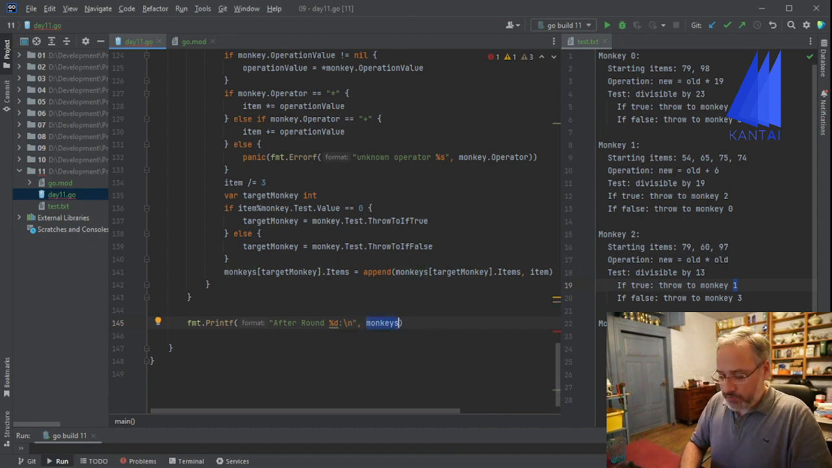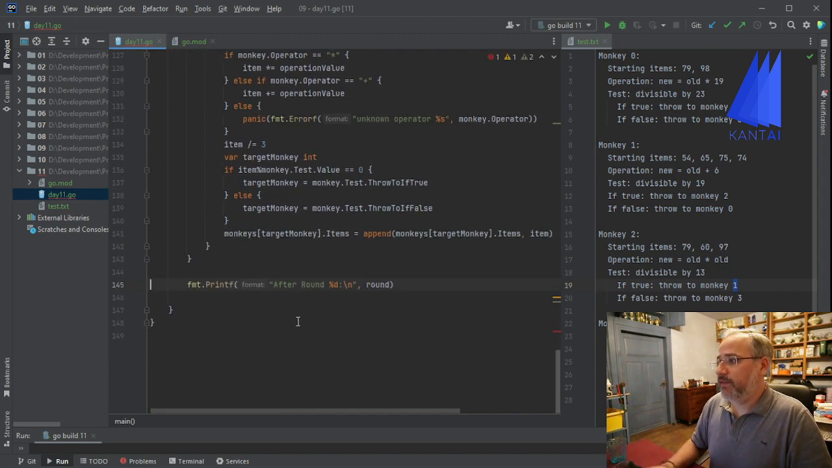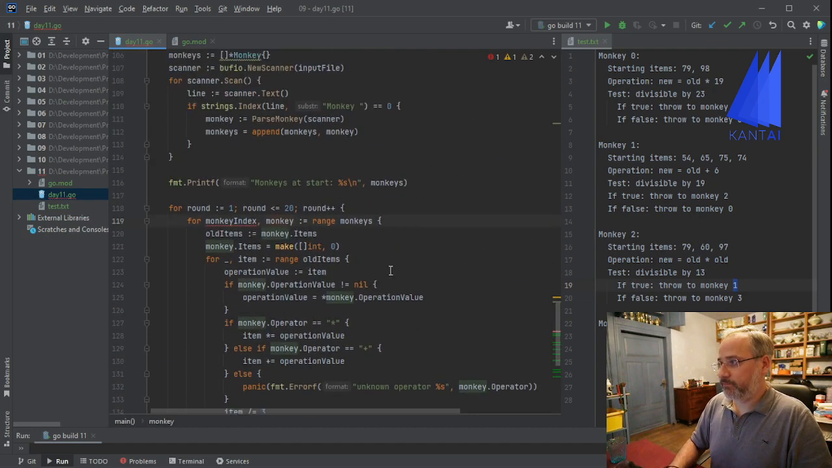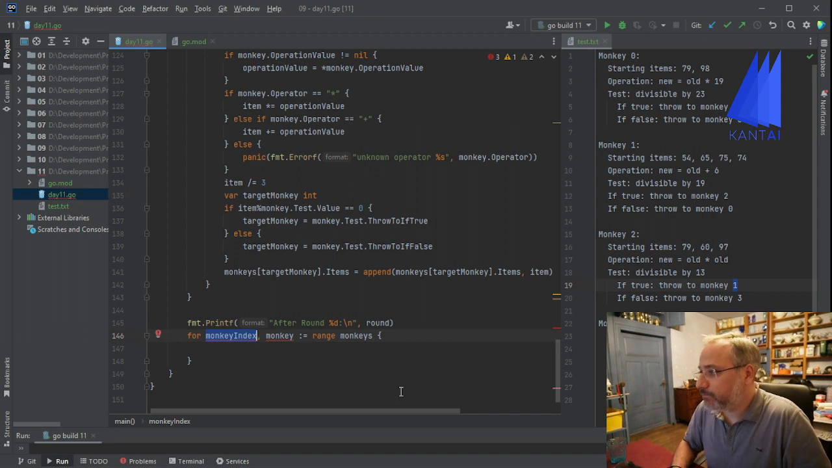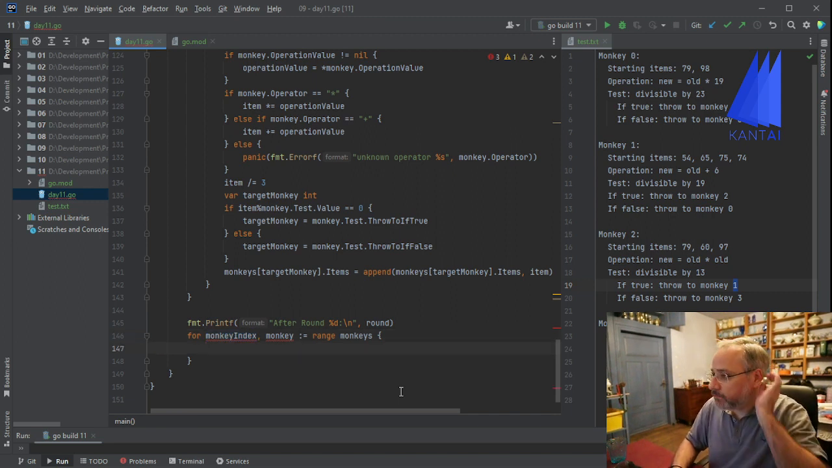Okay, just print out which round we are currently running in, and then again looping over all monkeys so that we can print what items they actually have. So this was format printf